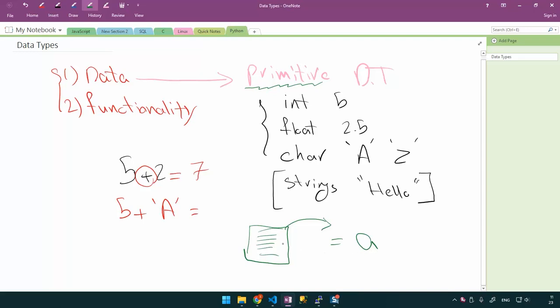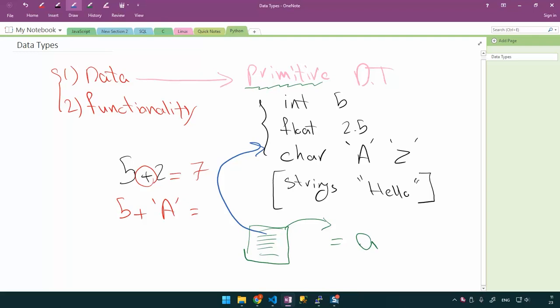Meaning, does your hardware understand what a file is? No, it doesn't. You need an operating system like Windows and a compiler to tell the hardware what this file is. So granted, in the end, this file breaks into primitive data types, okay? But for you to work with it, you need to save it into a simple variable and start processing it.